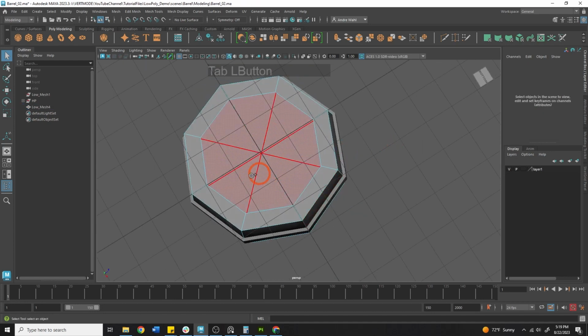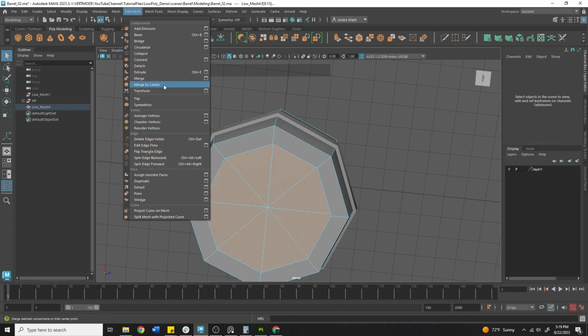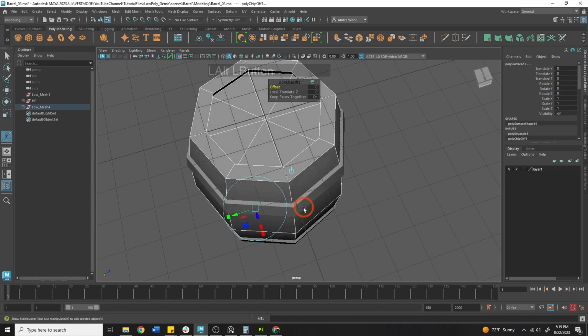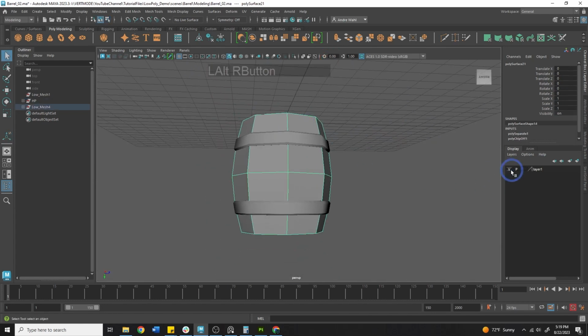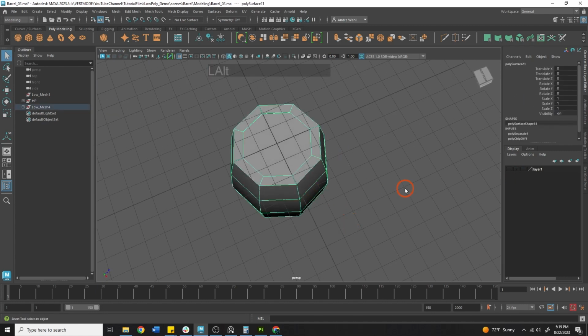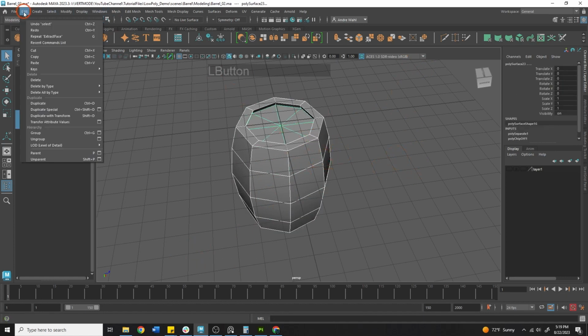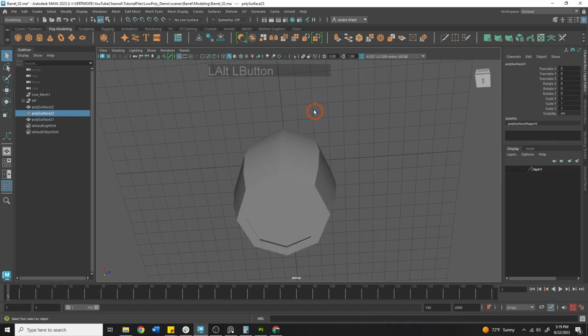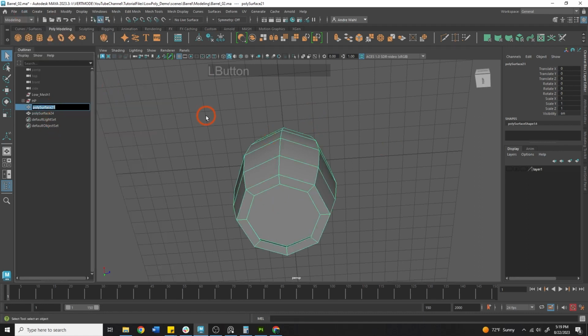So I'm going to take the top one here and the bottom one here, and I'm just going to edit mesh extract these guys out of here. So that way they are separated from the main body. And I should be doing this on the low poly. So make sure you're doing it on the low poly. And then I'm just going to take all my low poly assets and hit Shift P so I can see these. From here, I'm going to delete history on these. And then I'll just take the top one and the bottom one and do a mesh combine and then delete history again. And we'll go ahead and just name the barrel